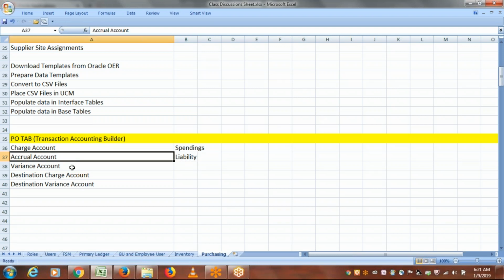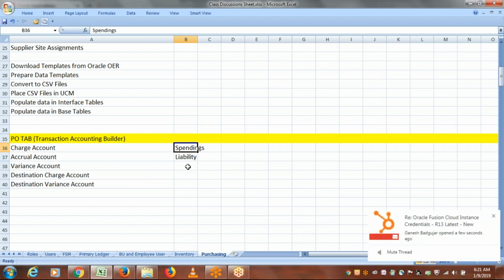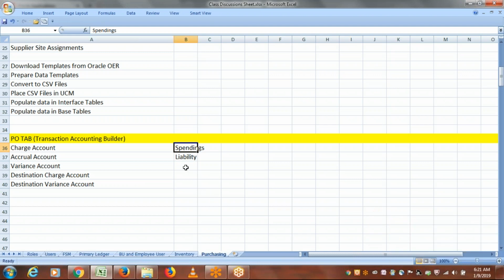And the other important account is the variance account. When you are purchasing something, there may be some variance between your purchase order price and invoice price. As per the purchase order, the price is different if you compare it with the time of invoice creation. If your PO price and invoice price are going to be different, the variance can be captured into this